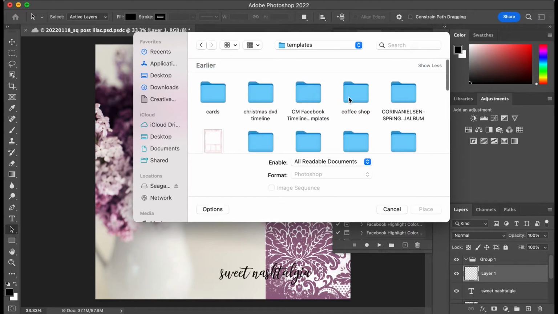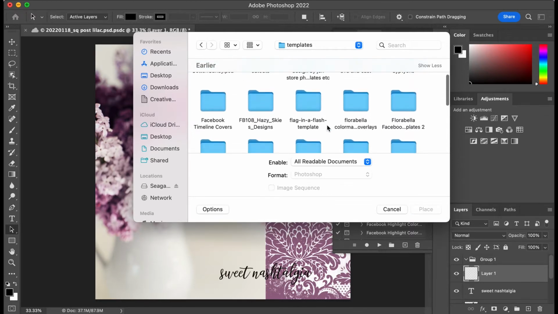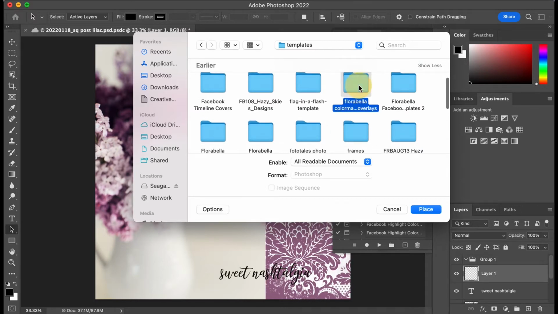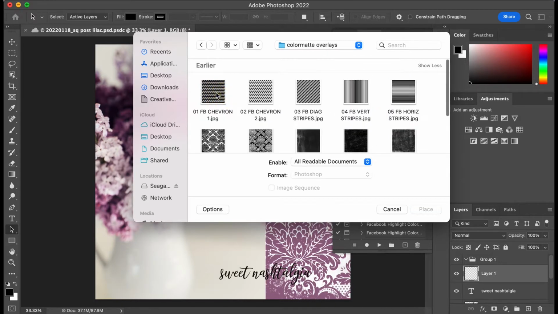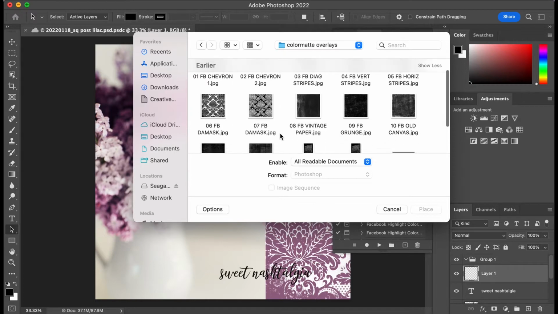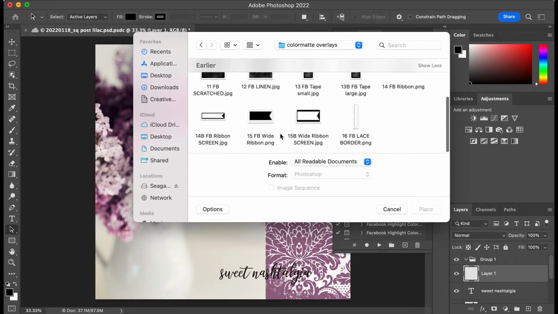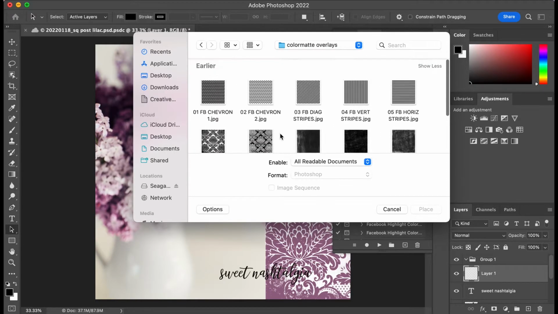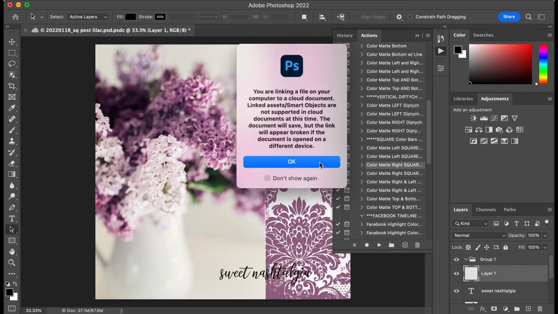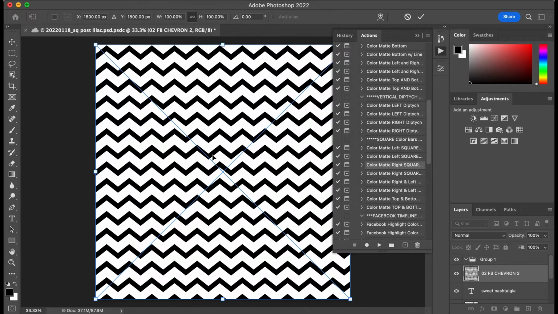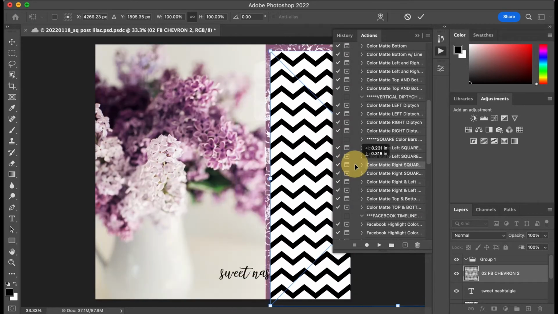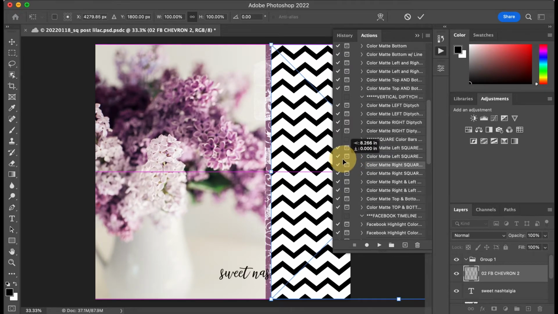But I'm going to go to my templates, or if you have any templates, and I am going to pick out what I am going to put over the damask. So you can get overlays, different things. And if we look through here, we're just going to show you the chevron. So you push place and OK, and then you'll just slide it on over and cover up the damask and